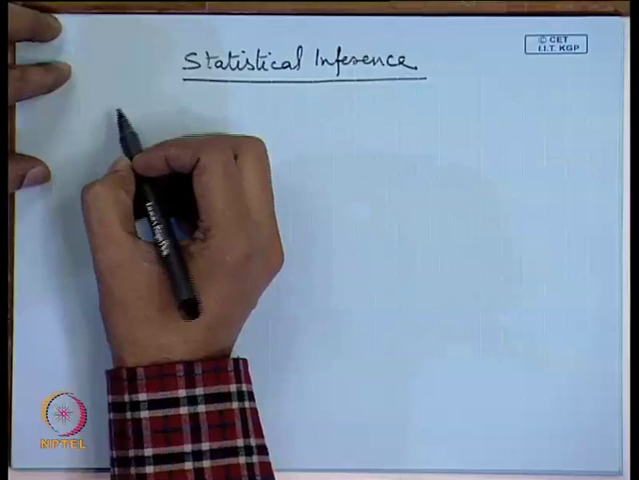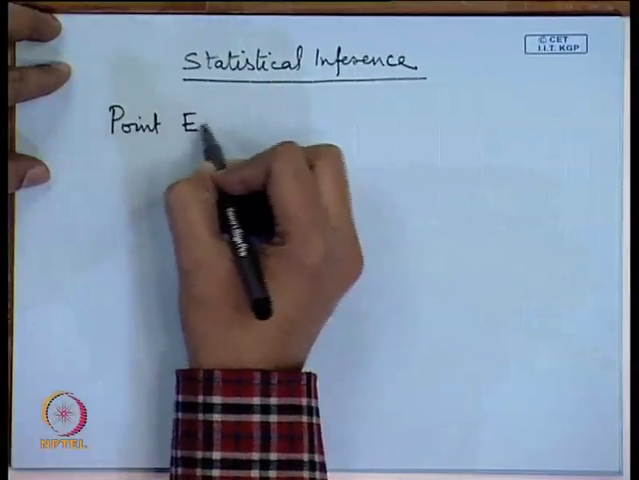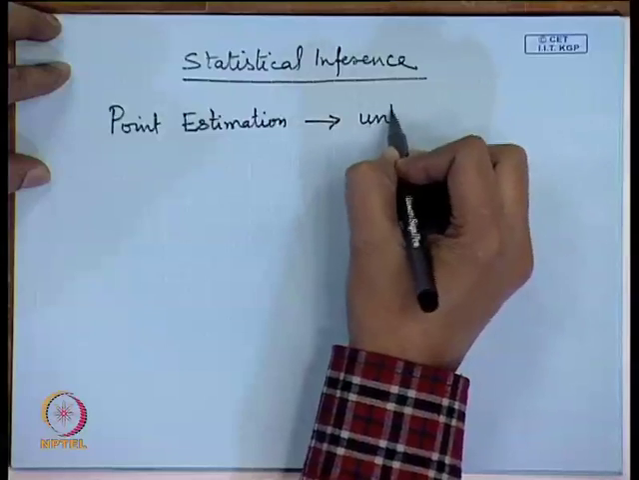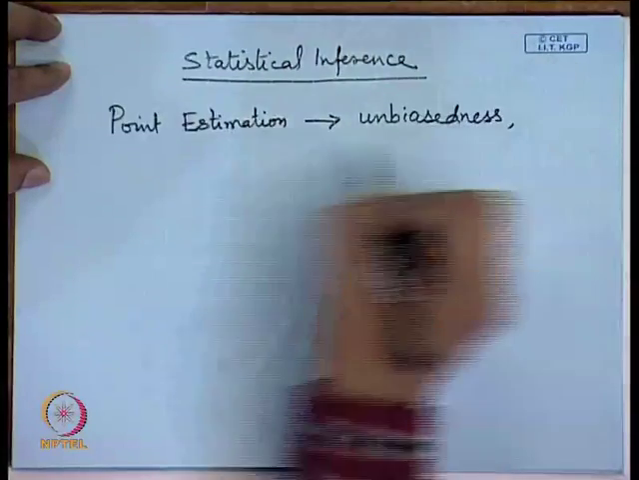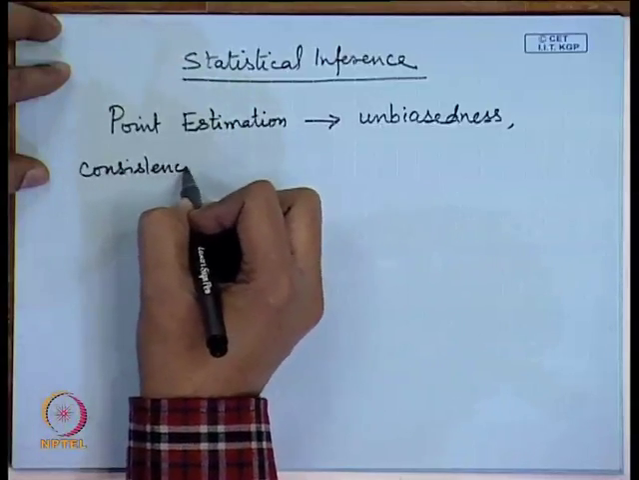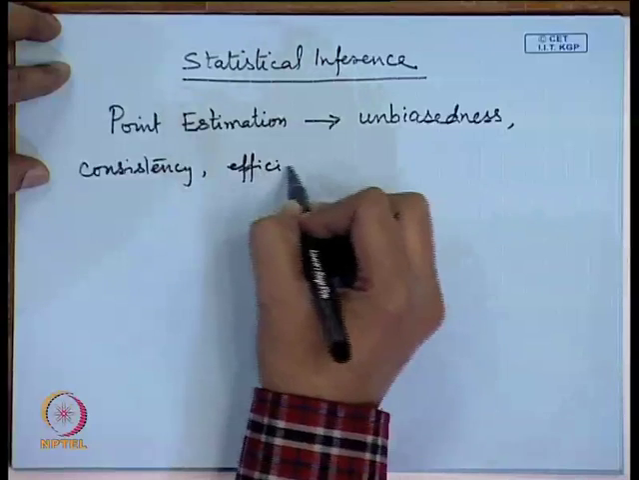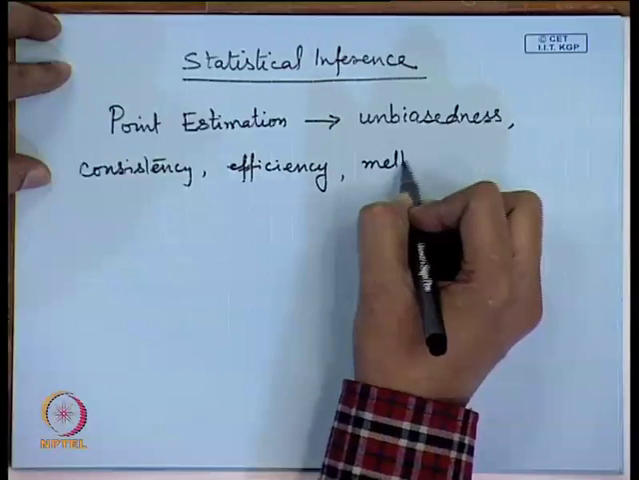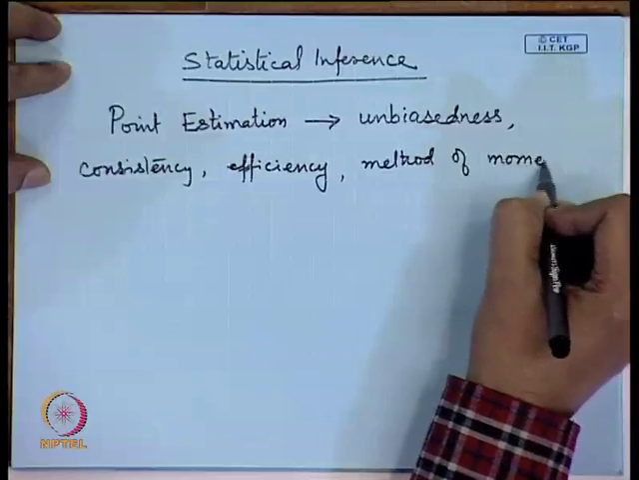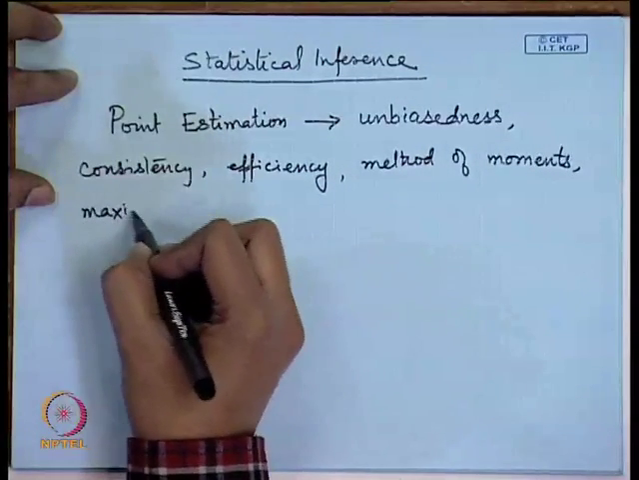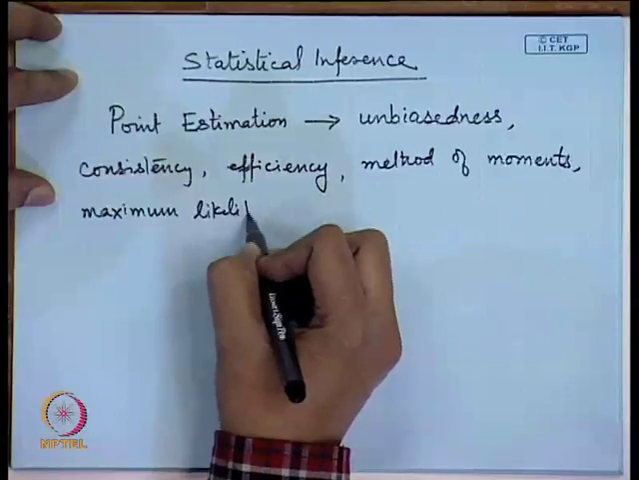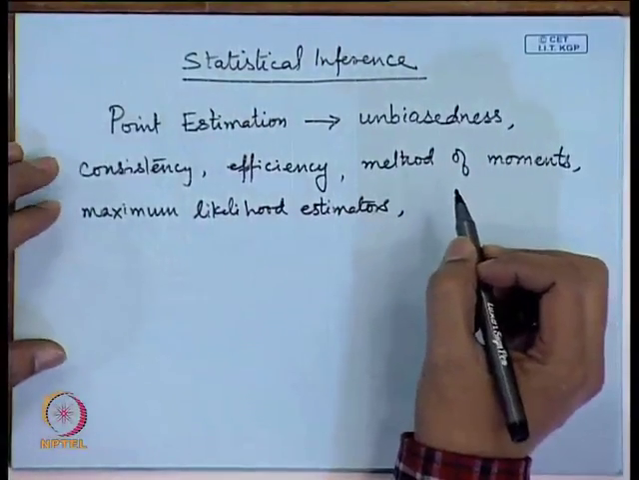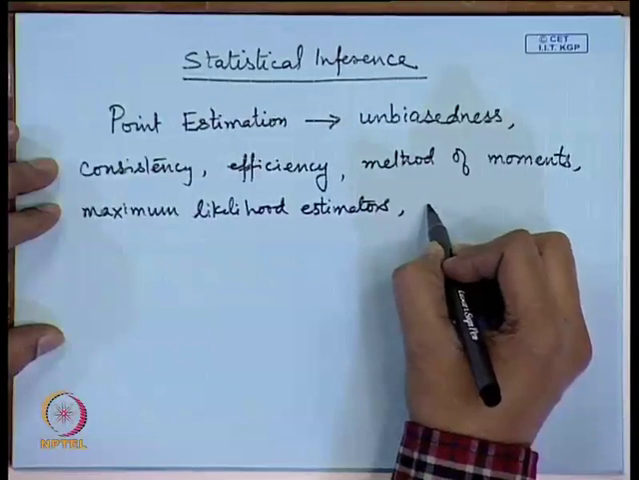We will be mainly covering in this course point estimation. In point estimation we will cover the fundamental concepts such as unbiasedness, consistency, efficiency, and then we will discuss the methods of finding out the estimators such as method of moments, maximum likelihood estimator, estimators. Then we will discuss the uniformly minimum variance unbiased estimation,